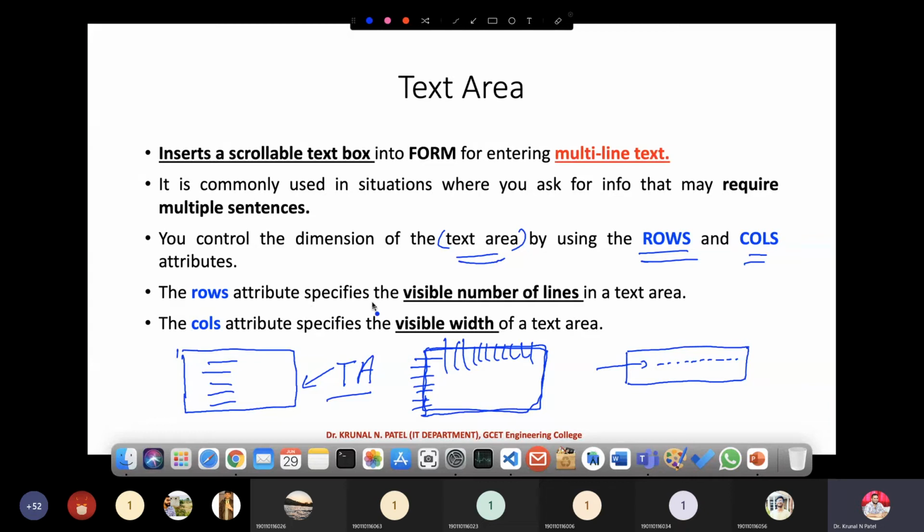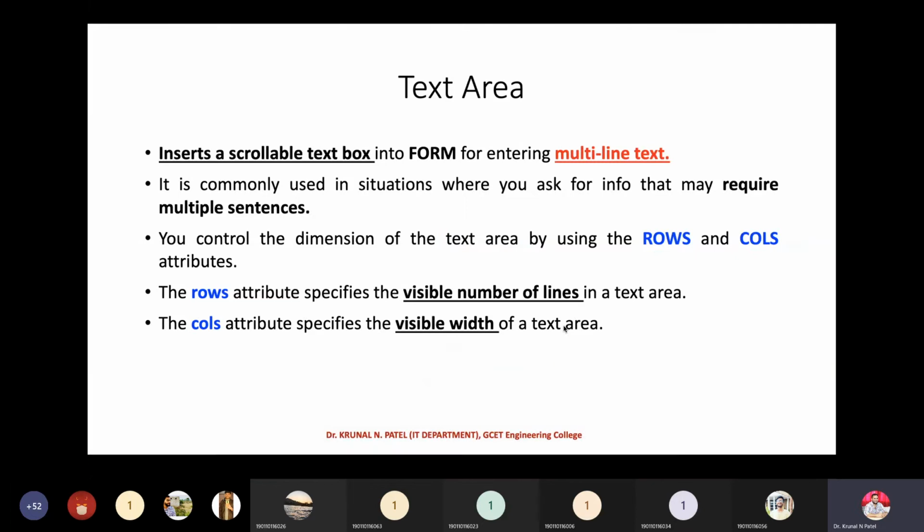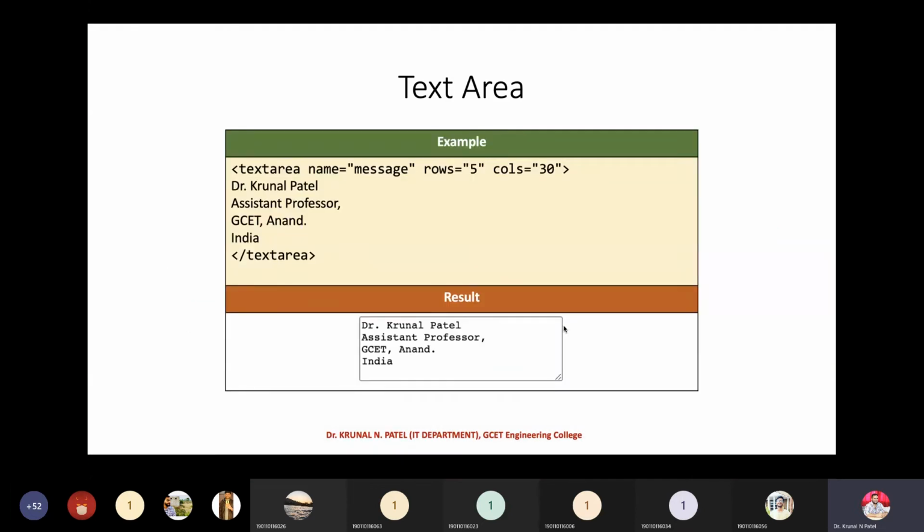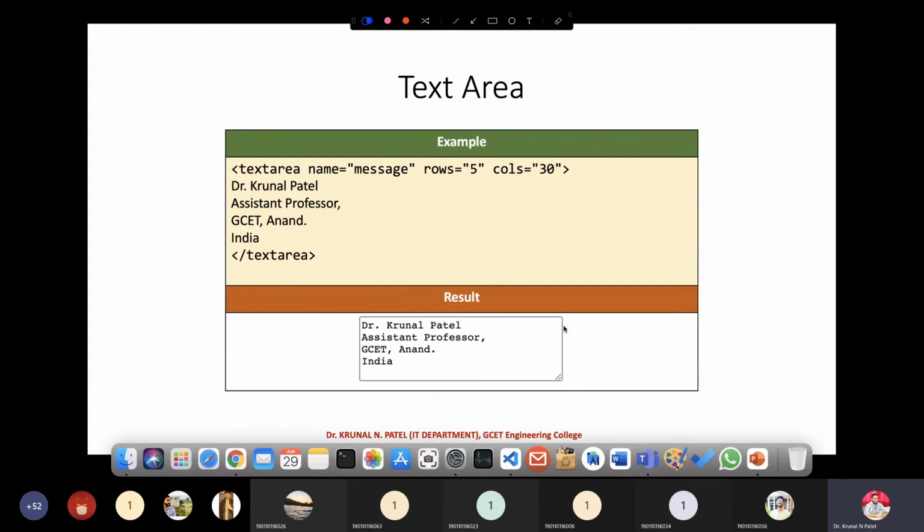The rows attribute specifies the visible number of lines, and the cols attribute specifies the visible width of a text area, right? If you go for a text area, then you have to additionally define two other attributes that are known as rows and cols. You can see over here, we have to define rows and cols.